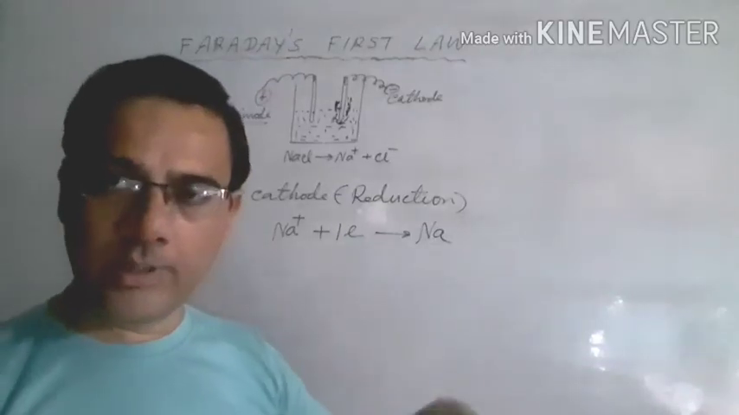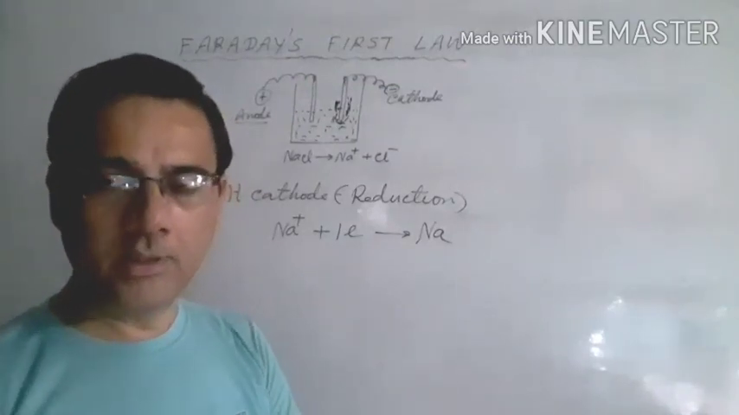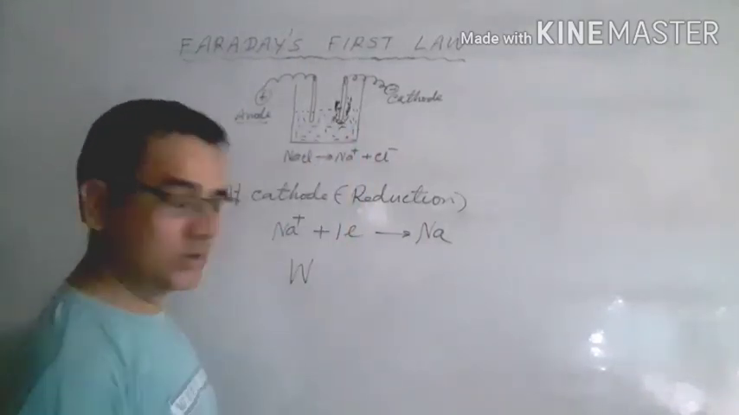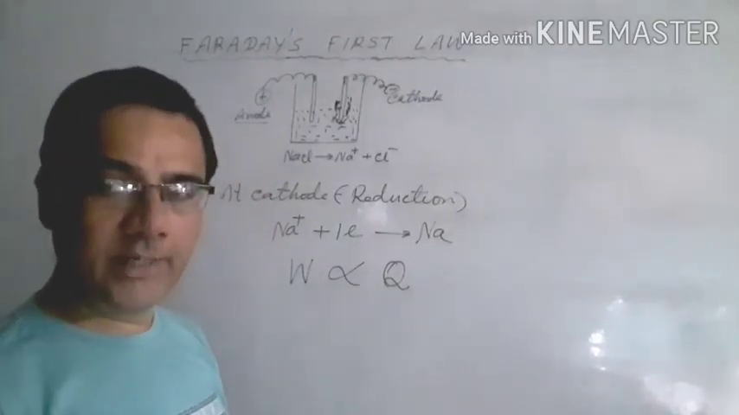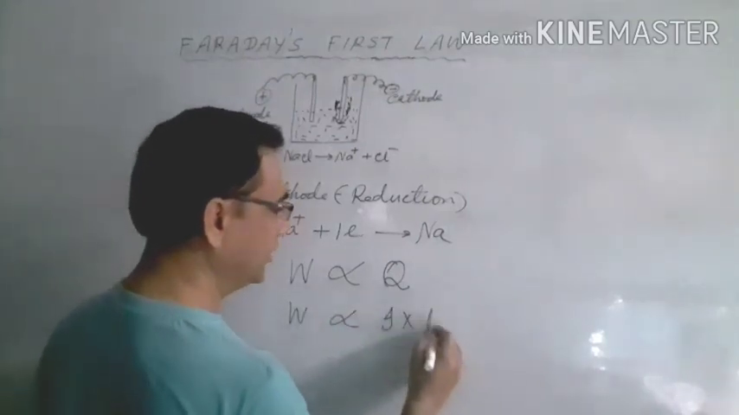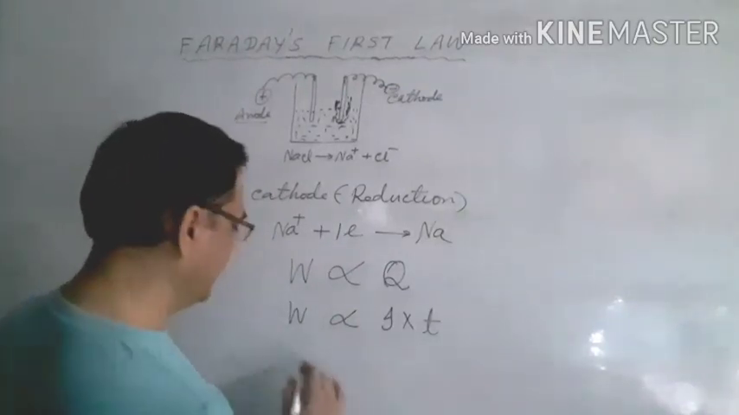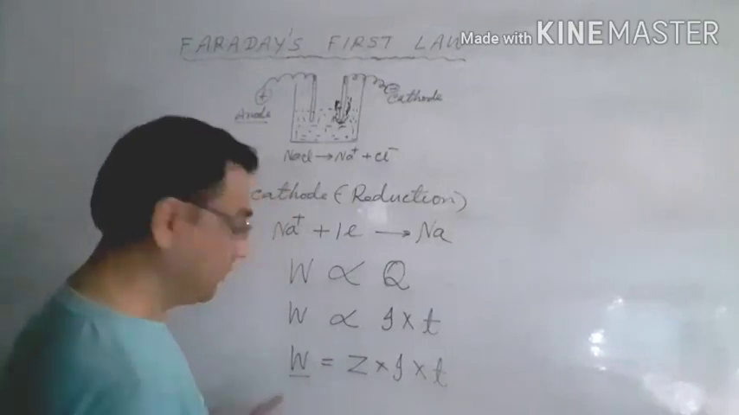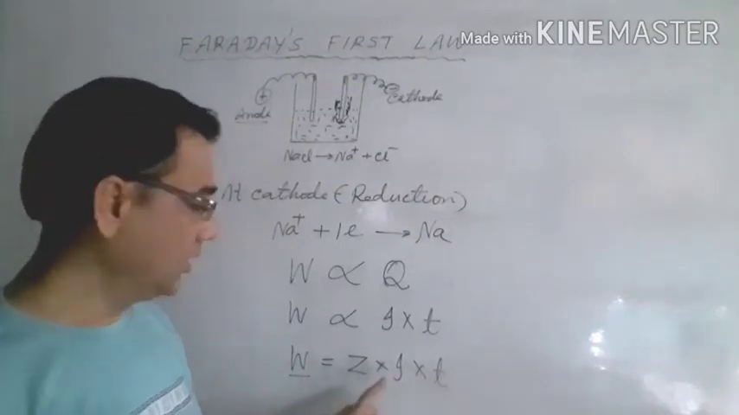How much sodium will be deposited here depends upon the quantity of the charge which is passed. Faraday told that W, the mass deposited at this electrode, is directly proportional to Q, and Q is called charge, and Q is equal to I T. So we write W is directly proportional to I into T, and whenever we remove the proportionality sign, we put a constant, and that is Z. So we write W is equal to Z into I into T. Here W is the mass deposited, I is the current, T is the time, and Z